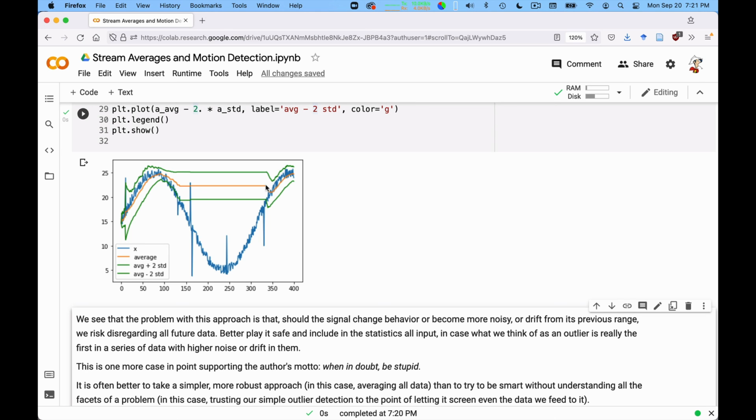Imagine that your temperature sensor is maybe always in the cellar where the temperatures are very constant, and you become convinced via data analysis that a variation of over 1 degree is suspicious. And then you take it out and you put it into your attic, and the swings of temperature go crazy between day and night. You cannot simply reject all the new data because it doesn't fit your prior mental model. You need to be able to always accept the new data and reset the statistics around it. And so that's why the previous approach, even though it sometimes fails for individual data, is much more robust.